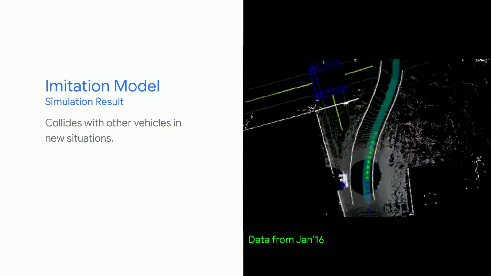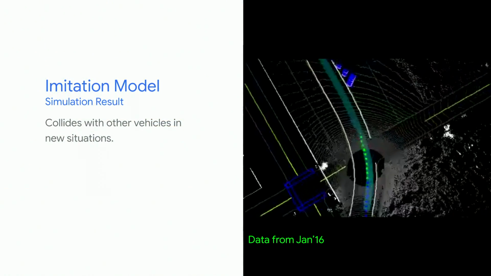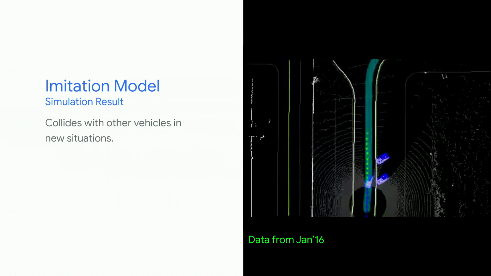But are we done yet? Sort of. We find that it's able to avoid collisions in most cases, but it doesn't have the generalization ability to actually avoid collisions in new situations. Here is an example of an agent approaching a parking area where you will see a car pulling out of its spot.